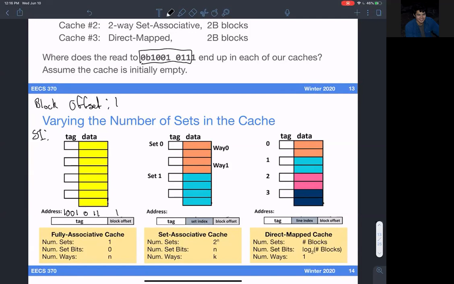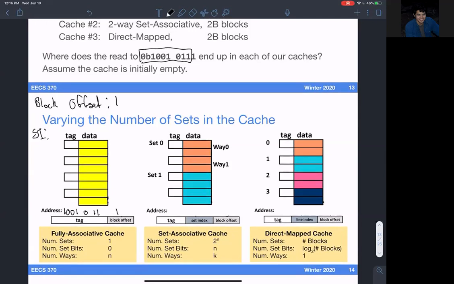All right, so can anyone tell me why we address the first object with this tag? Right, so we just need to get rid of that lowest bit, and we need to get the tag as